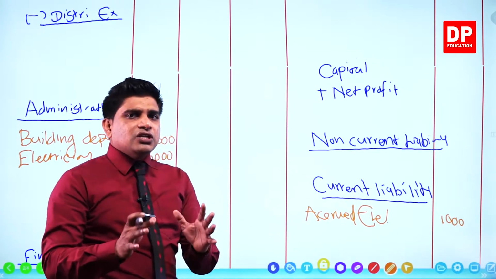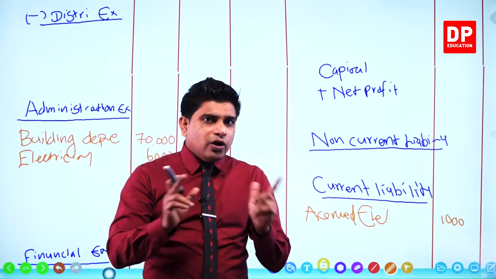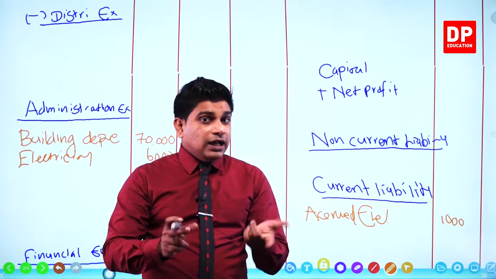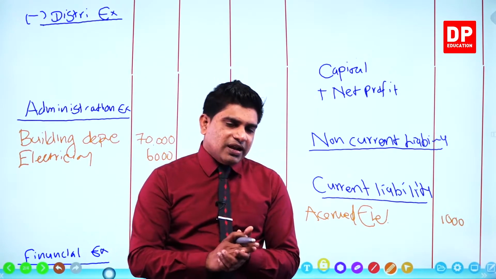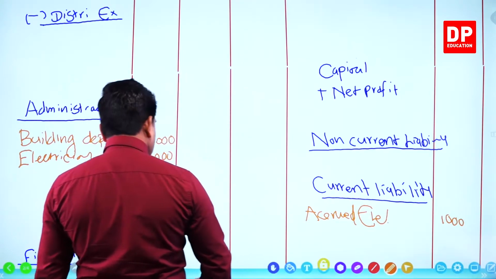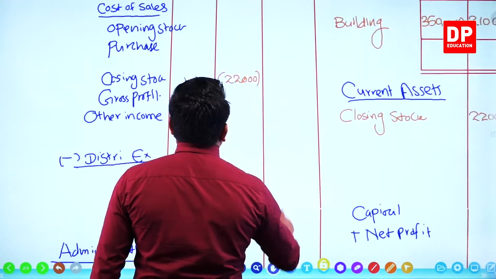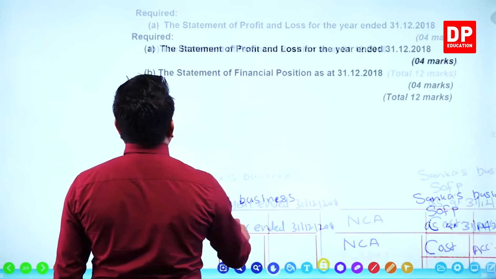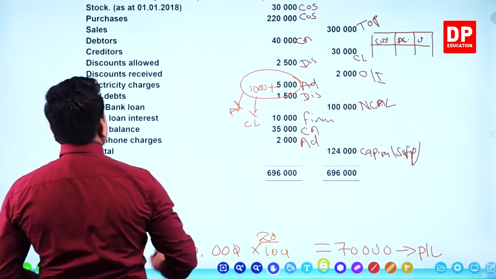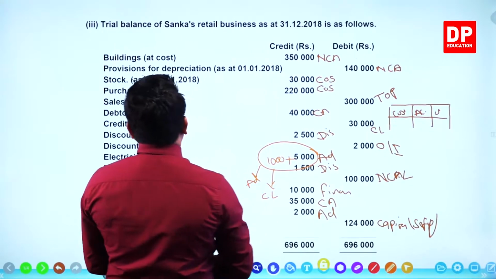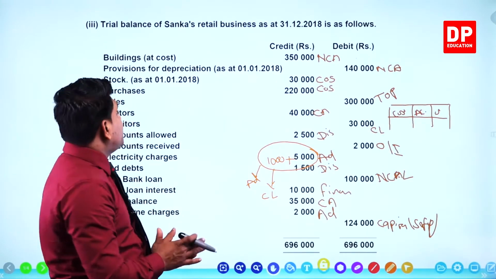Okay. Now we have finished all the adjustments, right? All adjustments are finished, but we have to do the other details given in the trial balance. We have to enter them into the final accounts, right? Now you go to the question. Right, this is the additional information. Now we go to the question. Yeah, you pick the details, right? Building we have done, provision for depreciation also we have finished, right?